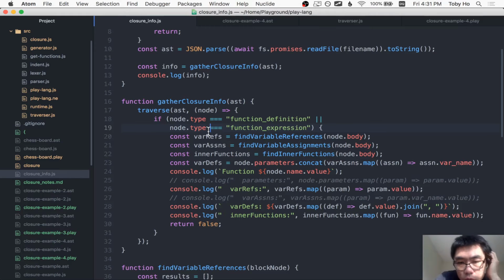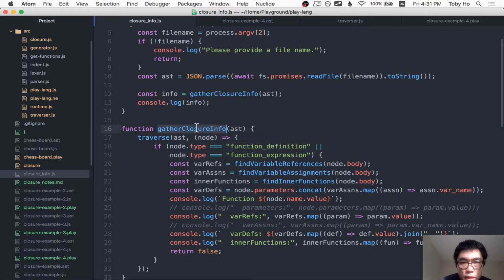So I think what I need to do at this point is for each inner function, we need to recurse while giving it this information, the information about the variable definitions that came from the parent scope. I don't know exactly what's the best way to structure this code yet, but for now, I'm gonna pass in the parent scopes here so that initially there will be no parent scope. This is mimicking the code for the parent scopes, mimicking the code for the color,